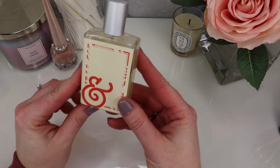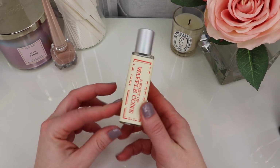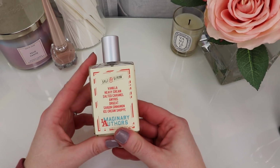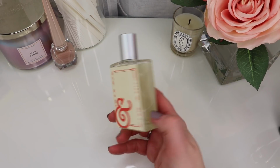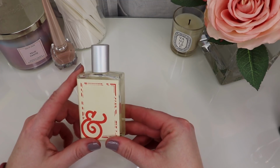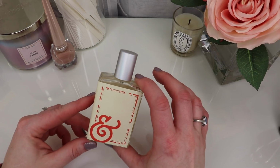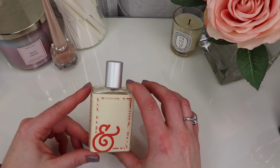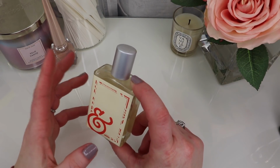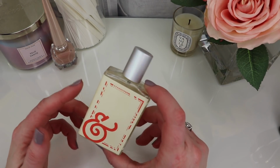Another indie perfume that I'm going to sell is this one. And again, might be shocking people because you know I love gourmands. This one is called A Whiff of Waffle Cone. It is from Imaginary Authors, Josh Meyer. He's fantastic, really great guy, and a really skilled perfumer. Besides this, I still have at least 3 full-size bottles and 3 or 4, I can't remember exactly, travel sizes as well. I have other fragrances from Imaginary Authors that I really, really love, and I do like this one a lot,